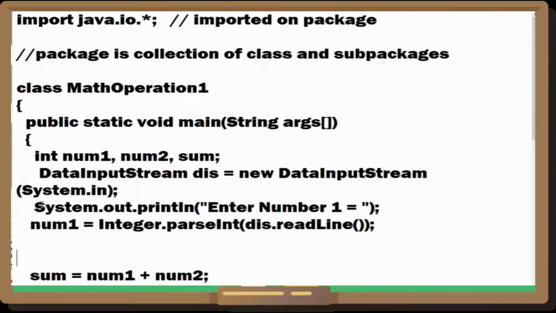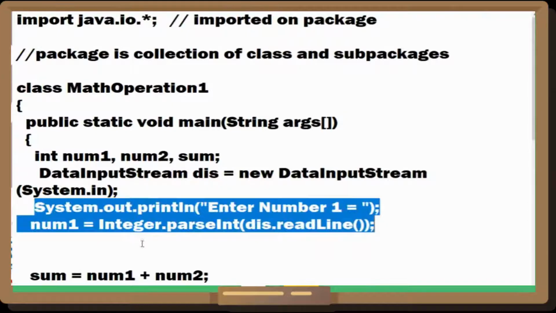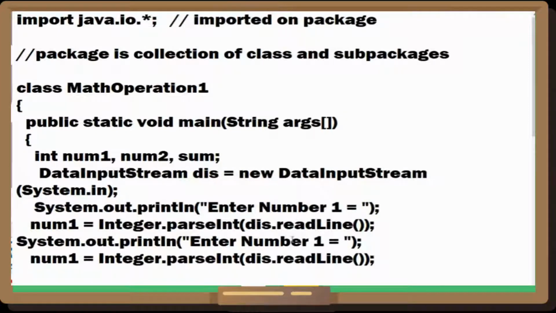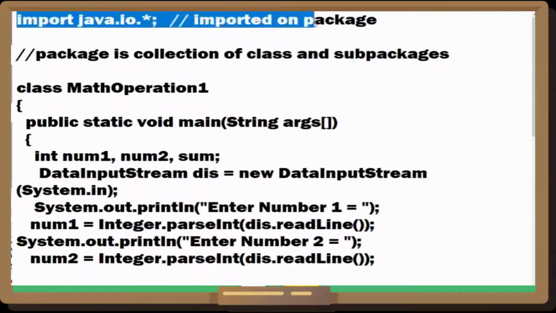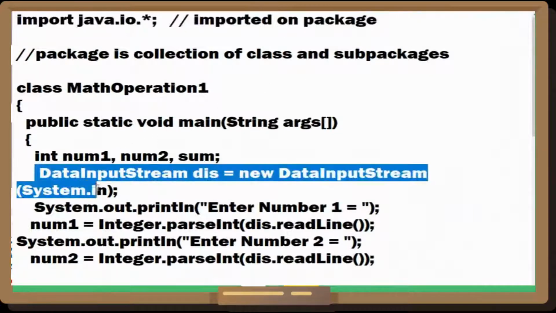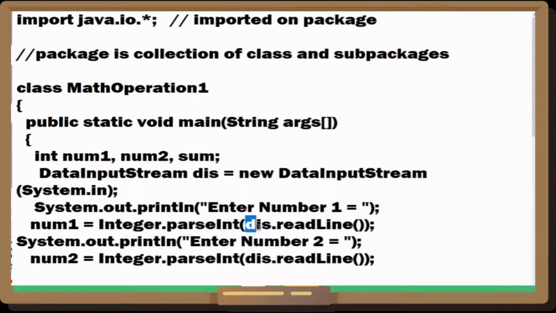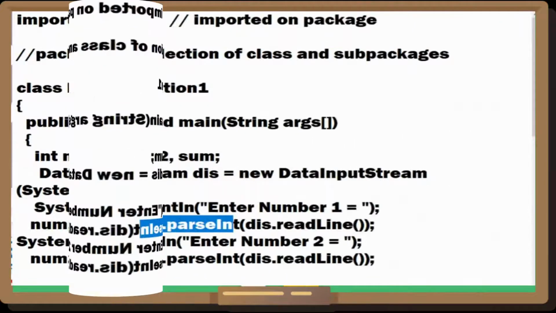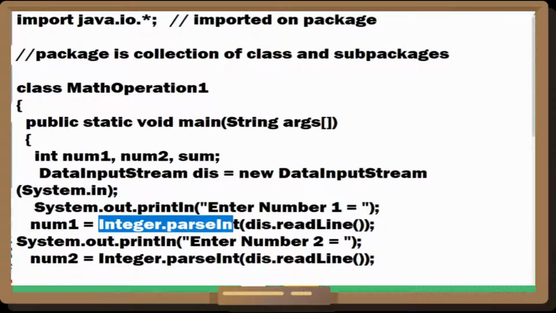Fine. So in the same way I'll copy and paste this completely and put it over here, and make this for number 2. So my code is ready now. What I did in this code that is new is I've imported a Java package, I've created the object of DataInputStream, then using that I've read the data which is in string format, and using Integer.parseInt I have converted that data into an integer.